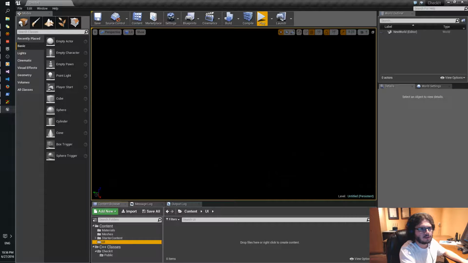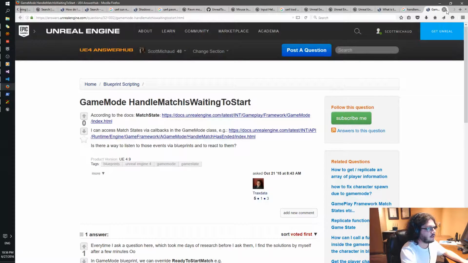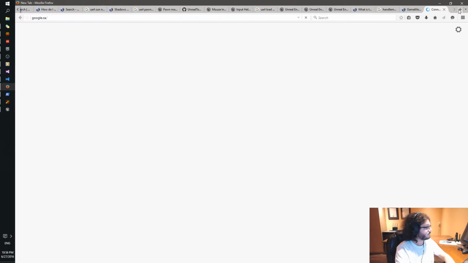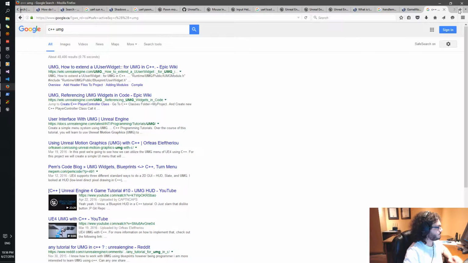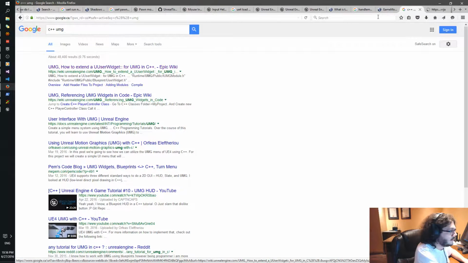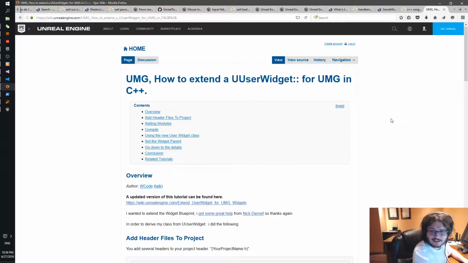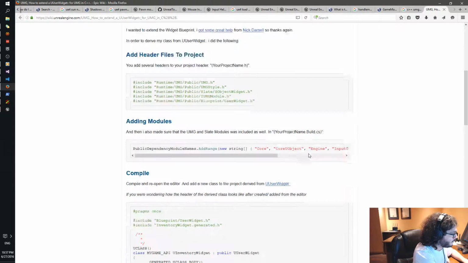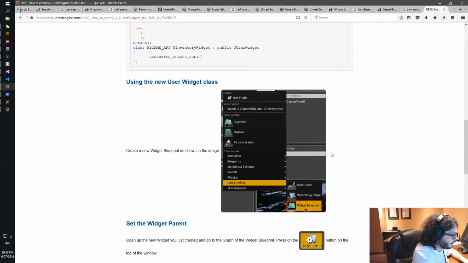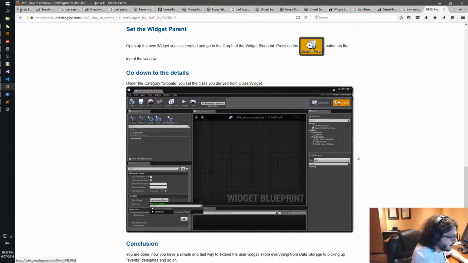Actually, there's one thing I was going to look at earlier, and that was doing C++ UMG. I was under the impression you kind of needed to use blueprints, but I saw something recently that allows you to do it with C++. I'm not sure if I want to.